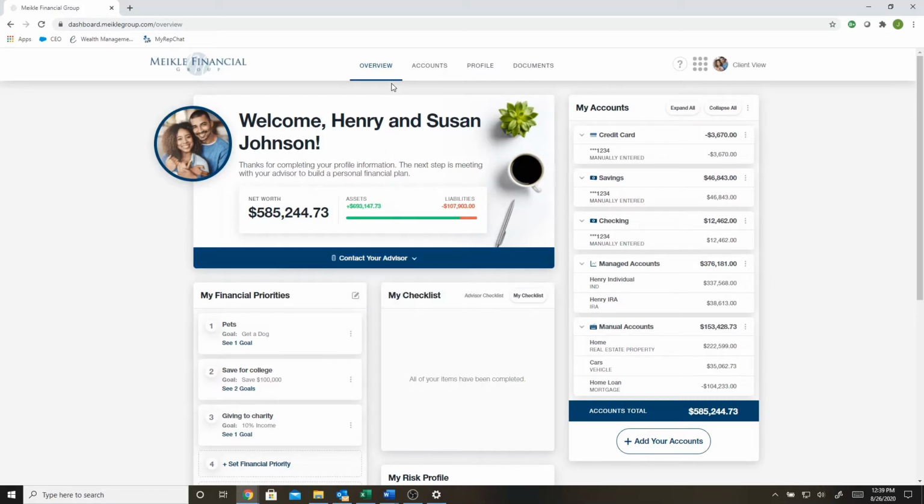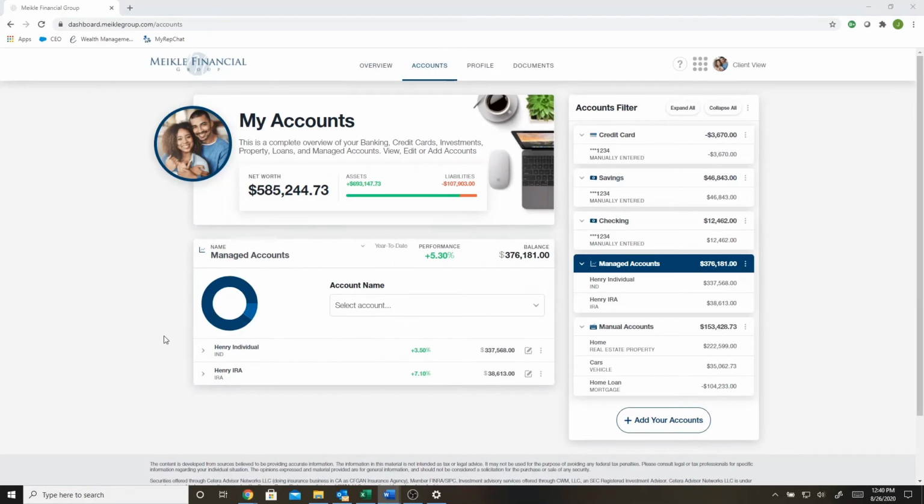All right, if we go all the way up to the top, you'll see that we are currently on the overview page. Next, we want to go to the accounts tab. All right, now that we are on the accounts tab, these are the accounts that you have managed here with us. This is where you can take a little bit more of a deeper dive into